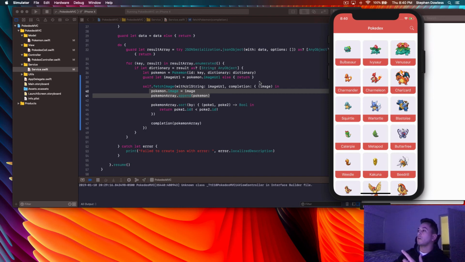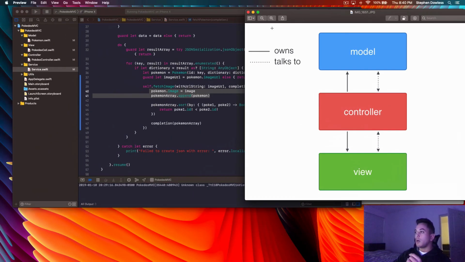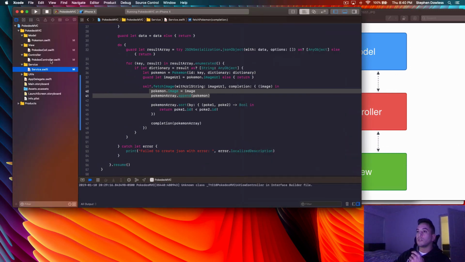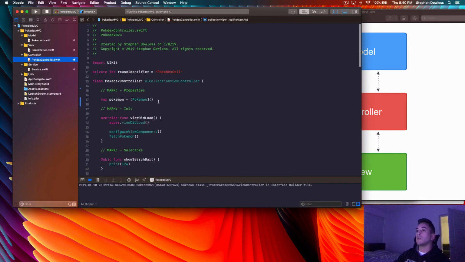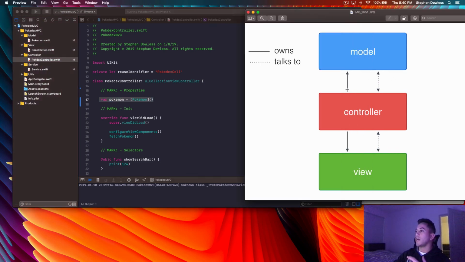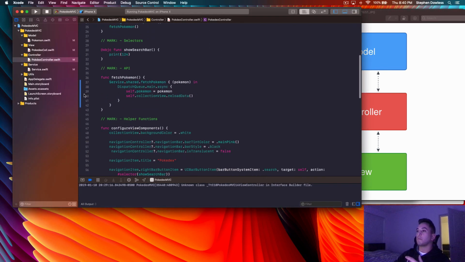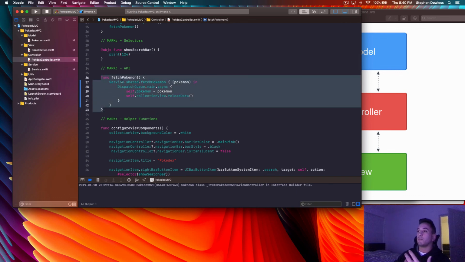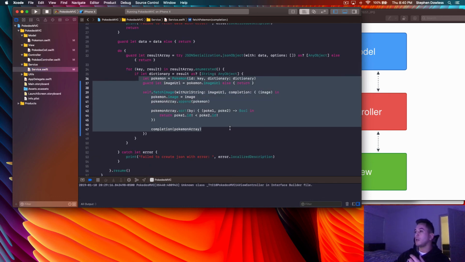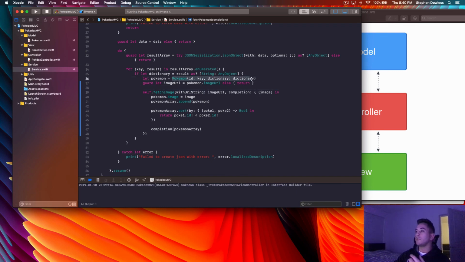So let's start back with our diagram, guys. We have our model, which is our Pokemon. We have our controller, Pokedex controller, and our view, which is our Pokedex cell. So what we did to start was we went to our Pokedex controller and created an instance of that model. So that meets this requirement here. Our controller now owns our model, right? And these two talk to each other. So we had our model set up all of our Pokemon, and then through the use of our API, we set up that Pokemon array through this function here. So we set up all our Pokemon here, and we had to call on our model to do that, which is what we did here.